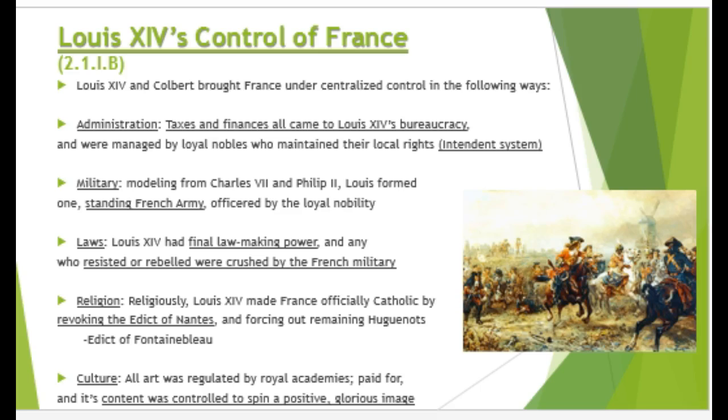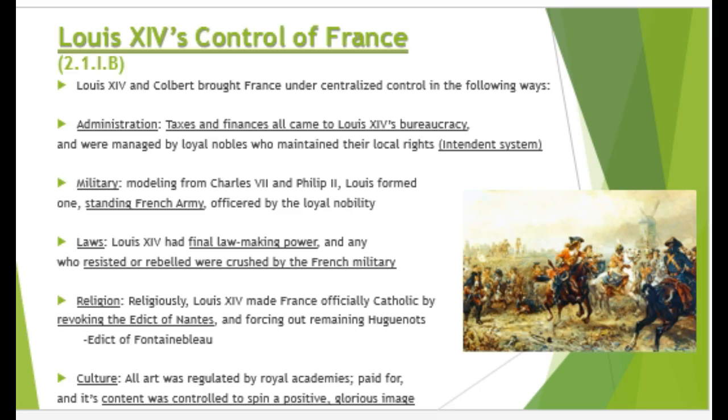There were 32 districts in France, so you had one intendant per district, so 32 of them in all, and they were responsible for policing, financing, and the judicial system in each district. Again, this made the government more efficient, more centralized, and it gave the crown more substantial power, enforceable at the local level, more so than even before. Anyone who protested or resisted would be dealt with by the intendant or the military.